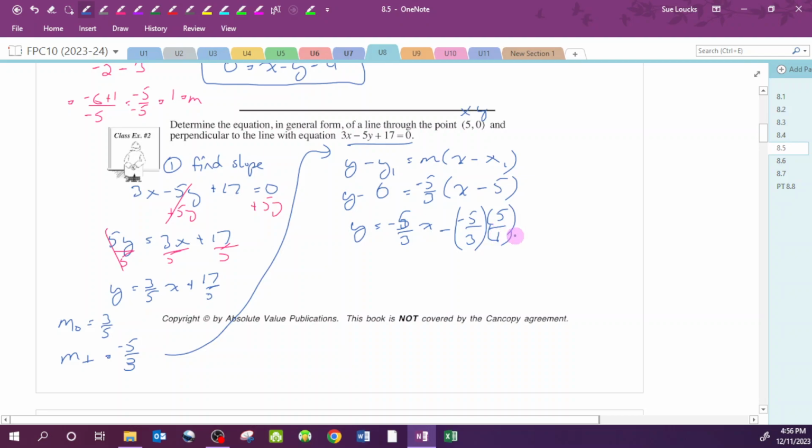Oh, shoot. I always forget to do this because I don't mind working in fractions. Oh, it doesn't matter. I could have canceled fractions here, right? I could have multiplied this side by 3 and that side by 3, but I forgot, so I'm just going to do it in a minute. So this now is y equals negative 5 over 3x. And this is going to be minus minus, so it's plus 25 over 3. And then if I multiply this side by 3 and that side by 3, those 3's cancel, and I get